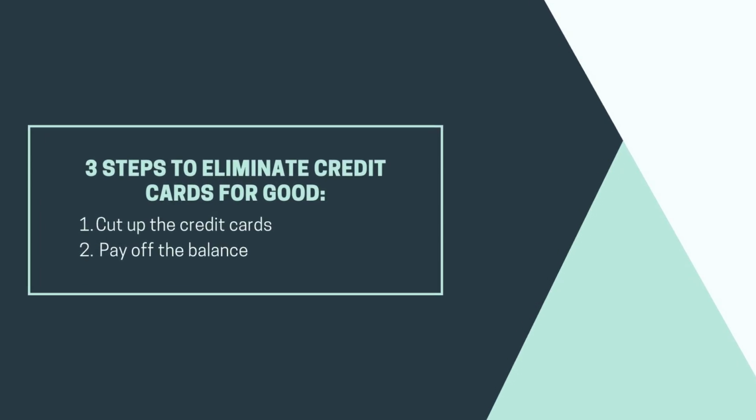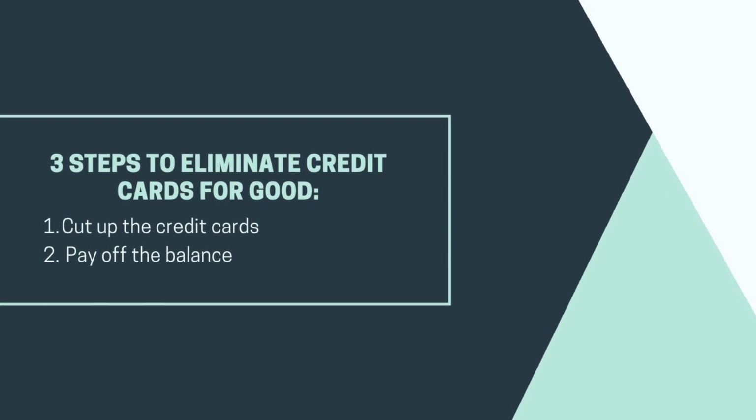Step 2 to getting credit cards out of your life is going to be to pay off the balance. Unfortunately, cutting up the cards doesn't automatically make the balance disappear. You need to do whatever it takes to get rid of the credit card debt and pay off the balances as quick as possible. Every month that goes by, you're wasting money on interest that you're paying to the credit